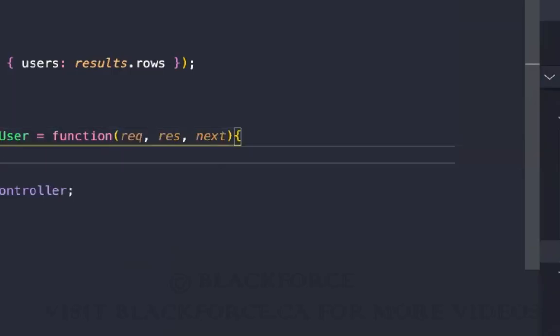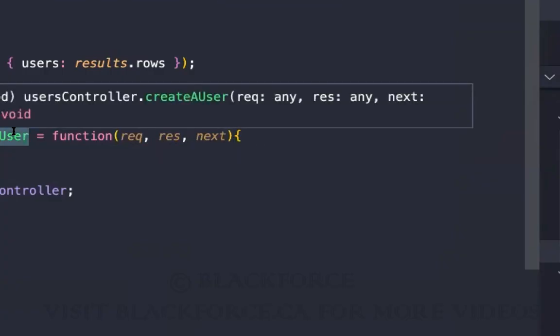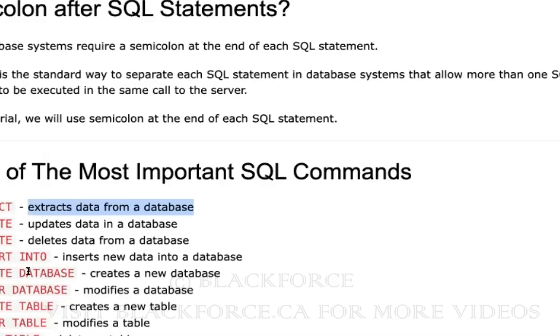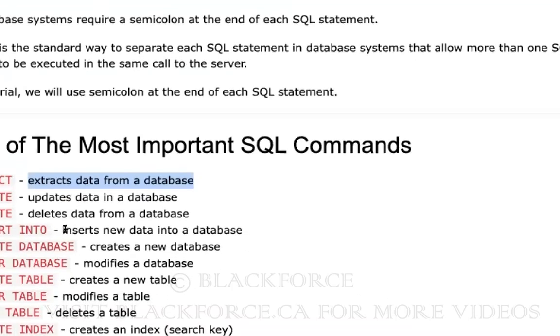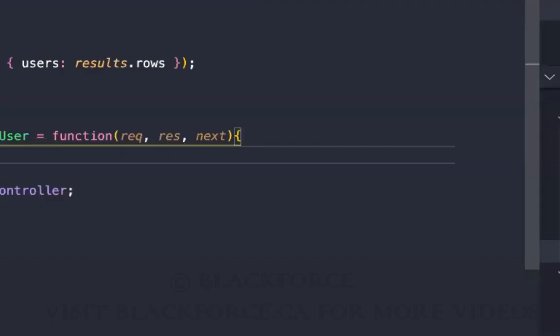But this time, rather than getting data from the database, we want to create a new record in the database. If I go to the SQL documentation, we're going to see insert new data into the database. But we have to do some little base work. That's why I told you previously that the controller is where you do all your logic, your business logic. You write all the JavaScript code you've learned, the if/else and loops, in the controller. We need to get